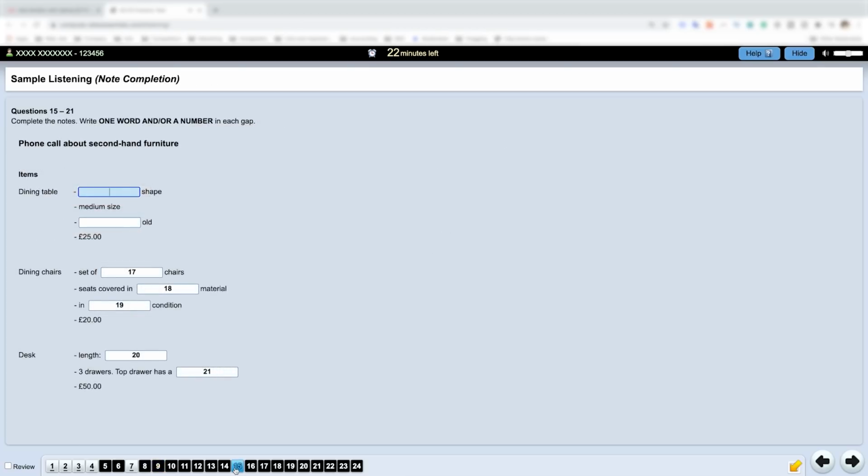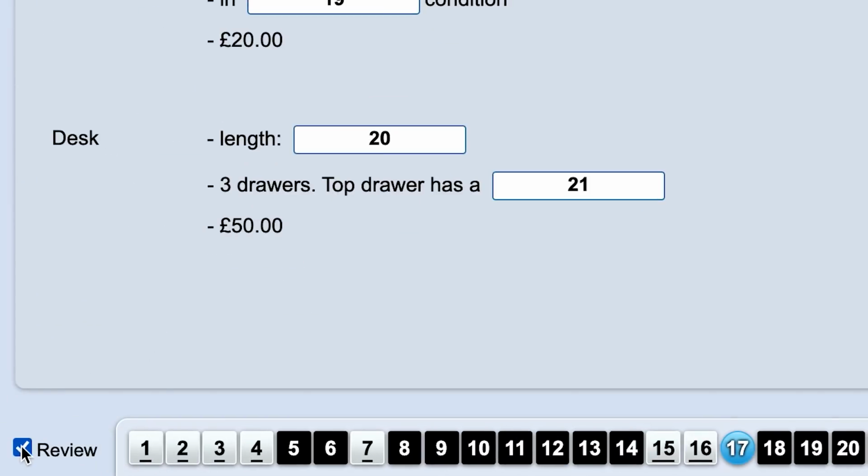Of course, sometimes you need to type answers and you will have to type and listen at the same time. You can highlight words if you want. You select a word, right-click, highlight. Here it is. And you can select which questions you want to review later. For example, now we have number 17 selected. You just click to review and you see it's round.